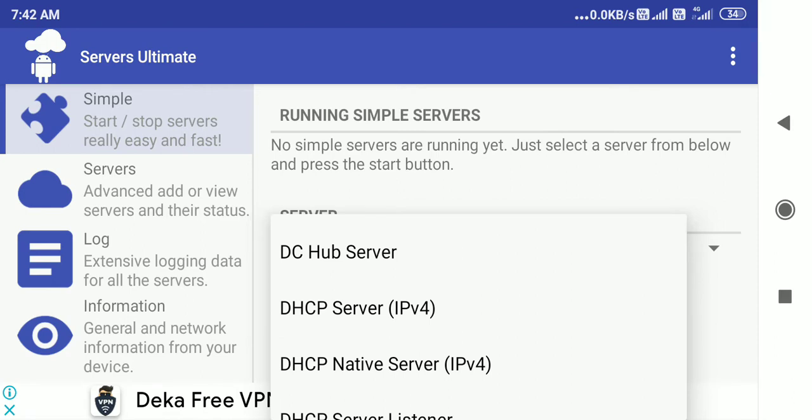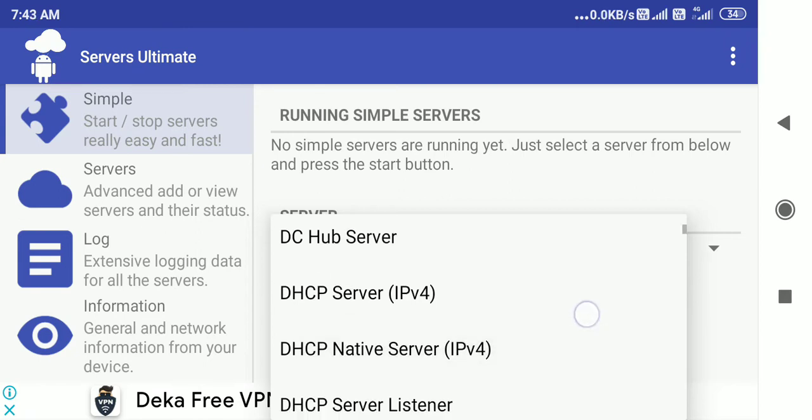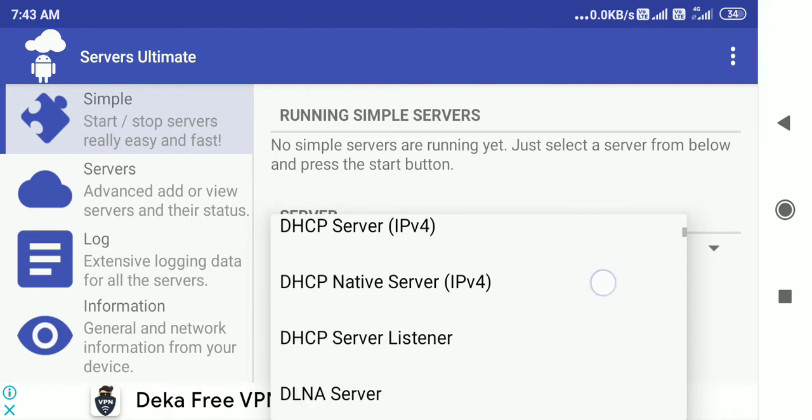Dynamic host configuration protocol. I already told you how hosts are configured within a particular server network. So you have 10 servers and 15 hosts. Hosts are endpoints which connect to that particular server. Then you dynamically allocate IP addresses to them so that they can connect to the network and then start using your server. That is called dynamic host configuration.